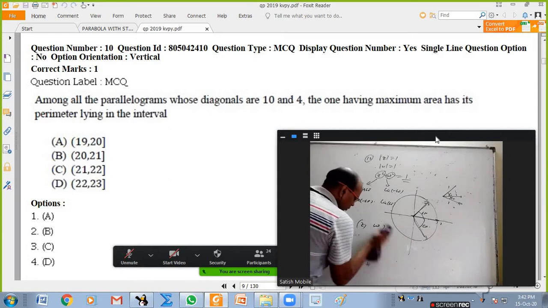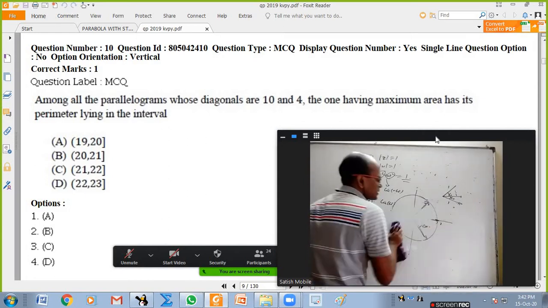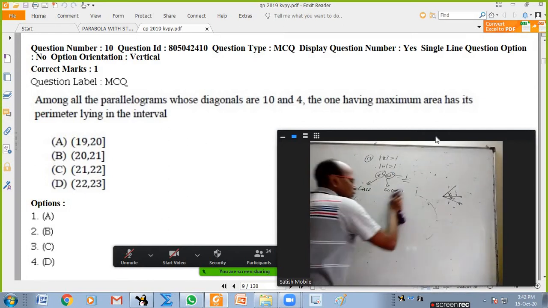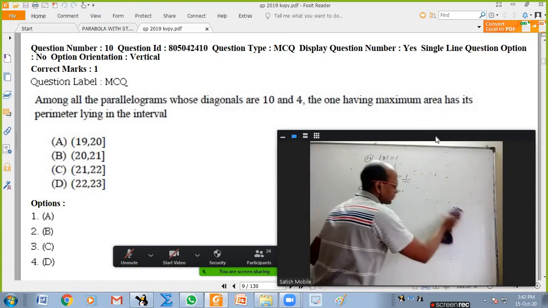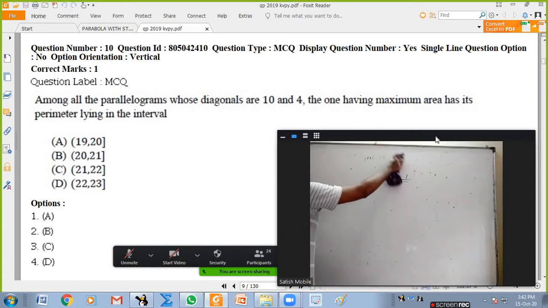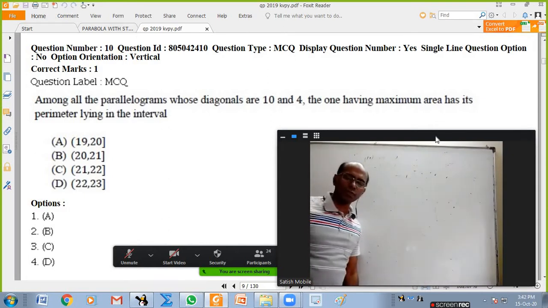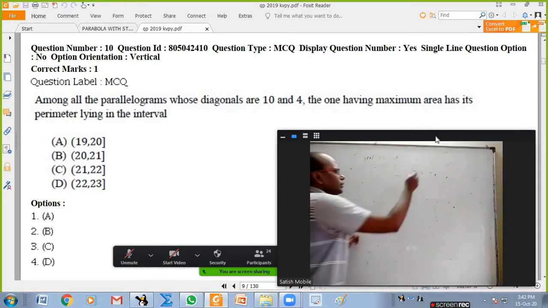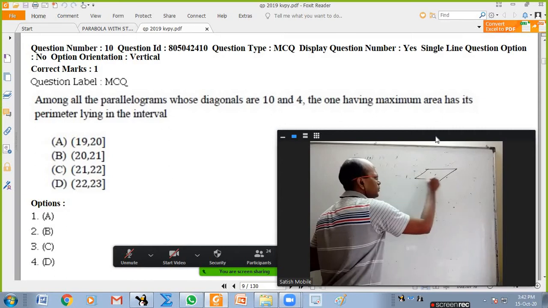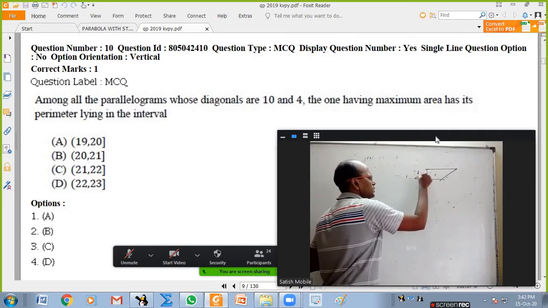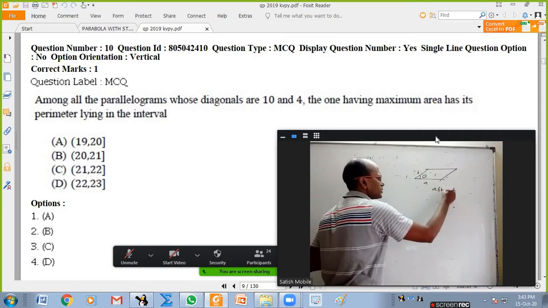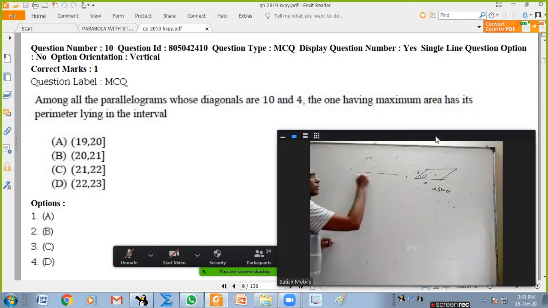If I take any parallelogram, all of you know area is AB sin theta. We also know it is half of D1 D2 sin theta. Half of D1 D2 sin theta is not just for a parallelogram, it is actually true for any quadrilateral. First of all, if there is a parallelogram, if this is A and this is B and this is theta, area is AB sin theta. And if there is a parallelogram where this length is D1 and this length is D2 and this angle is theta, area is half of D1 D2 sin theta.